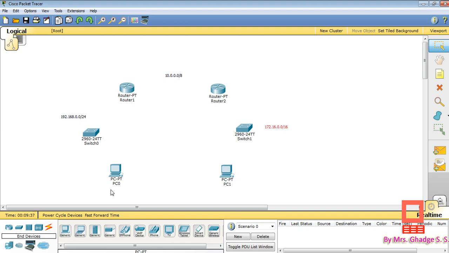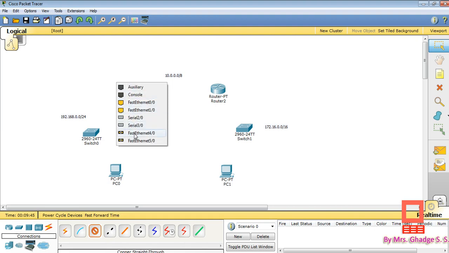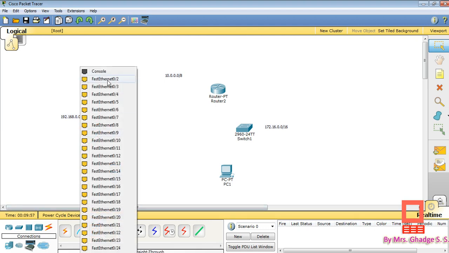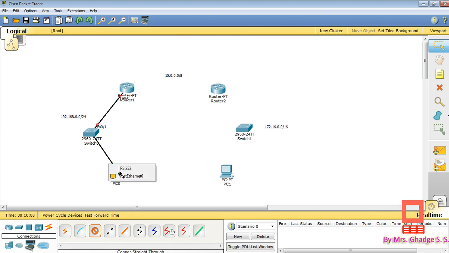Okay, so let us connect first. We need copper straight-through connections in order to connect router to switches. Again, the same connections to connect with PC.